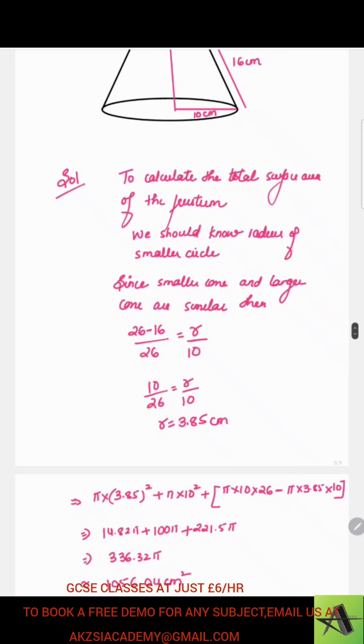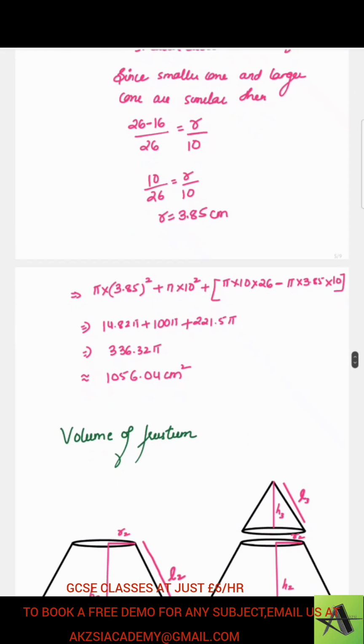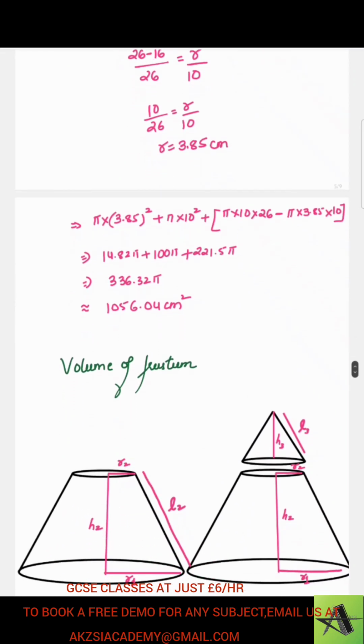So this is how you can calculate the missing parameter. Now, if we have to calculate the volume of the frustum, how can we calculate it? The volume part is pretty easy because volume is always the sum. That means, suppose